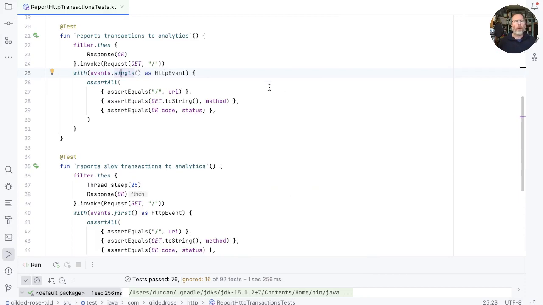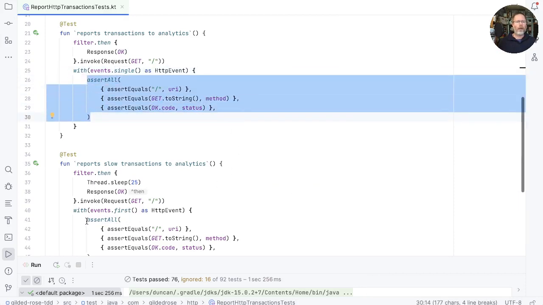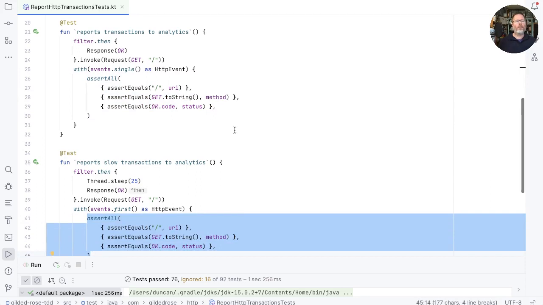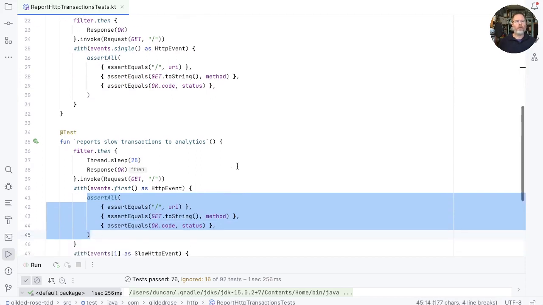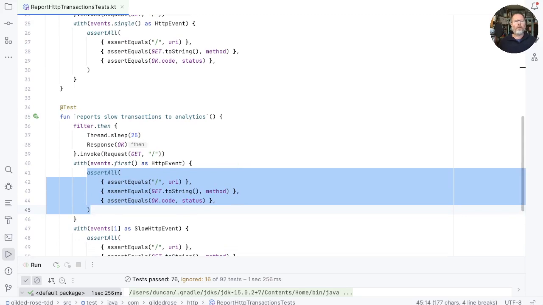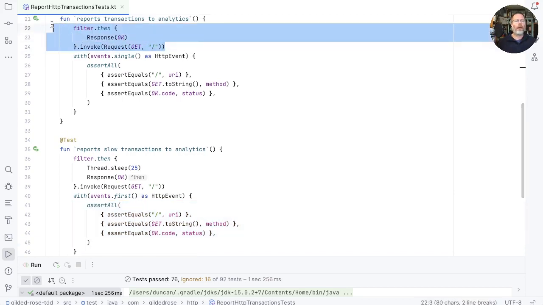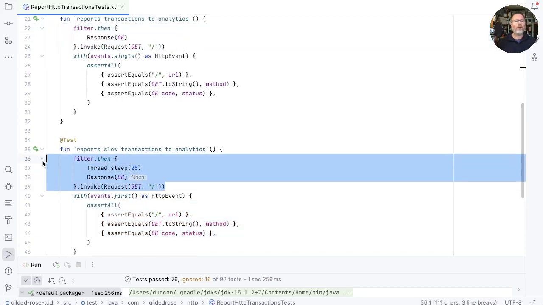David A asked why I repeated the test here for the first item. So we had this duplication here and here. In this first case, we have one event, and in the second case, we have two events, and we check the first event both times. That's a good question. And to me, it comes down to when we've done different things in the arrange and act, this bit here and this bit here, the part of the test that happens before we do any assertions,